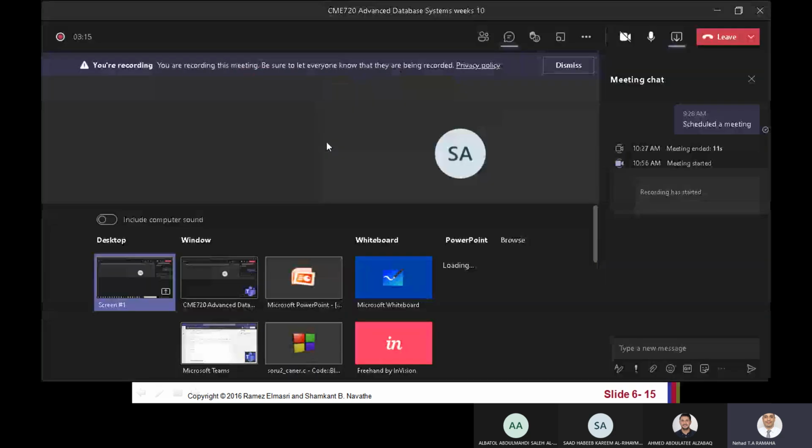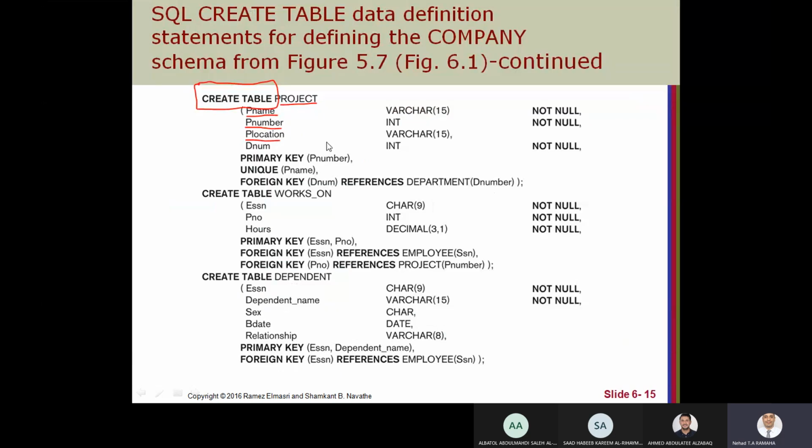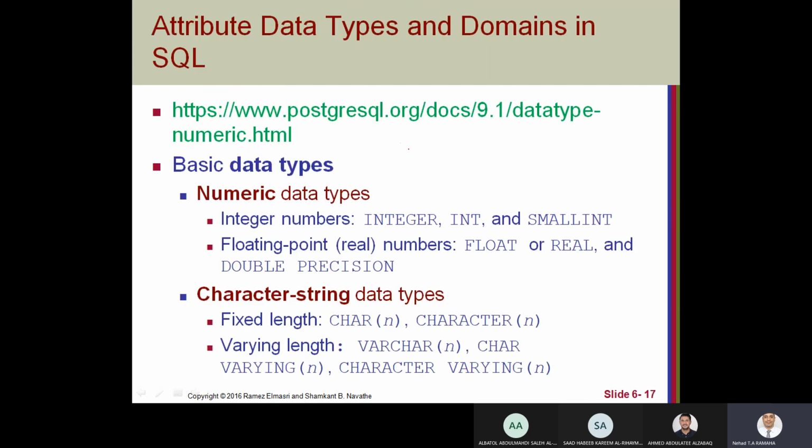Sorry, is the sound on? Yes, okay. So we can start to name the attributes of this table and the data type and some constraint like not null, or if we leave it, this means it allows null value, like your primary key and other constraint and default value. We will speak about the not null and default value later.